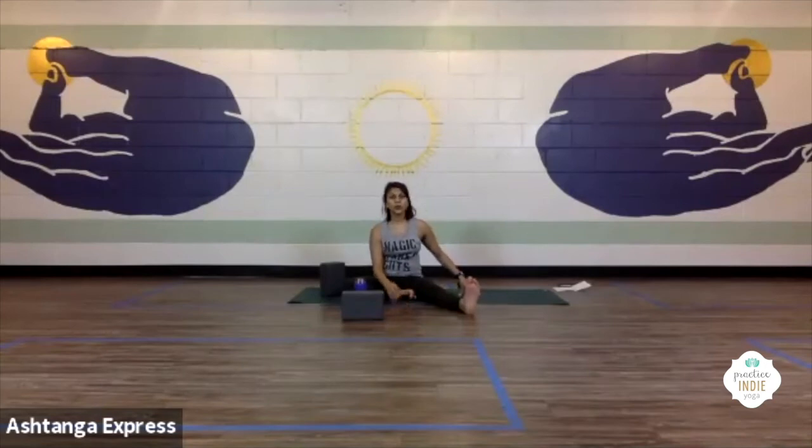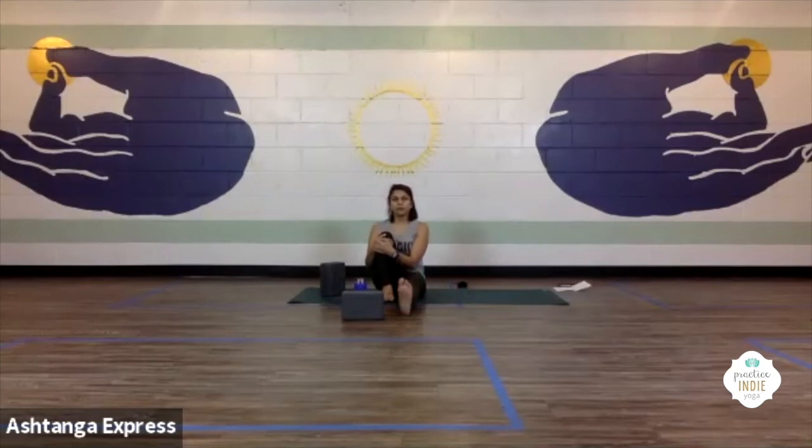We're gonna take a seated twist to the left first. I always like to twist to the left. So your right leg goes forward, okay? You can step your foot across the thigh if you like, or you could keep it inside. And you also have the choice to bend your right knee so your heel comes